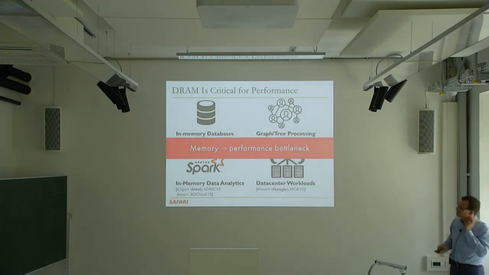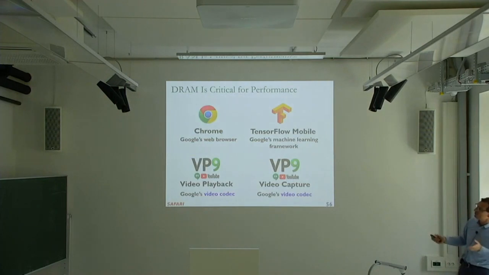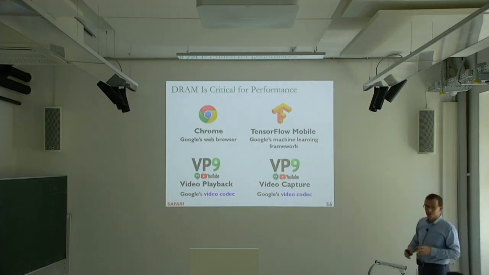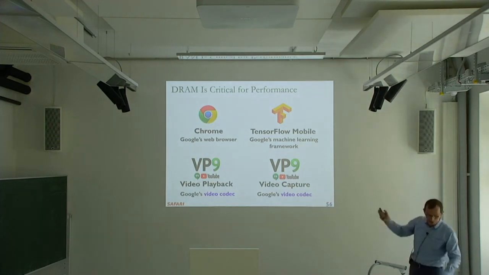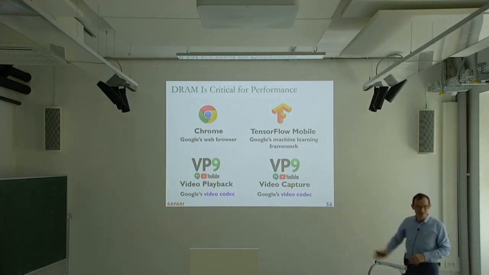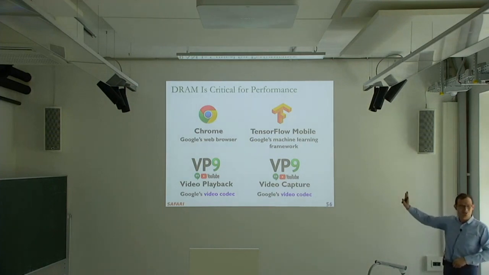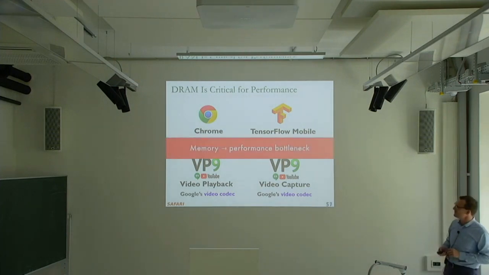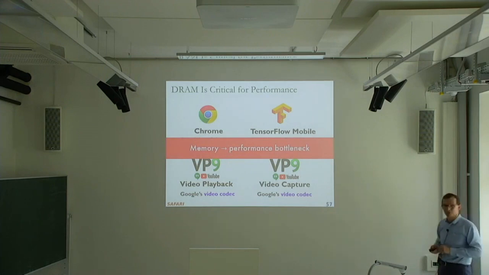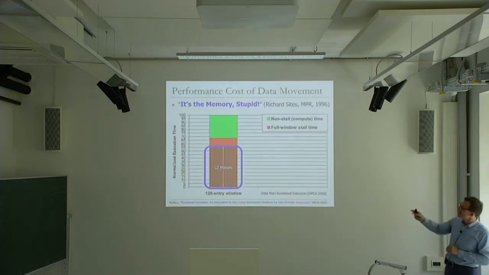Okay, so memory is a performance bottleneck, basically. And if you look at the smaller scale workloads, which are also very important because they're everywhere in our lives, they're also bottlenecked by memory. In this case, I show Google's workloads because we've done a study with Google, and I just copied and pasted the slide from there. But you can imagine these workloads existing in any machine, right? A small machine. And you see that memory is a performance bottleneck over there. And we're going to cover this work later on. And this is actually the data from my own PhD thesis.